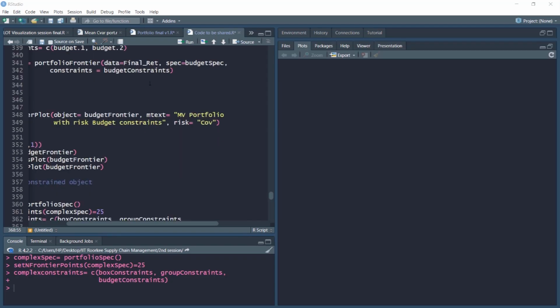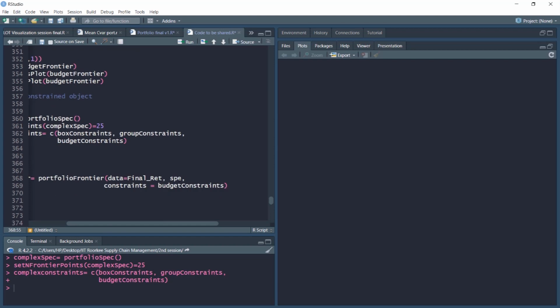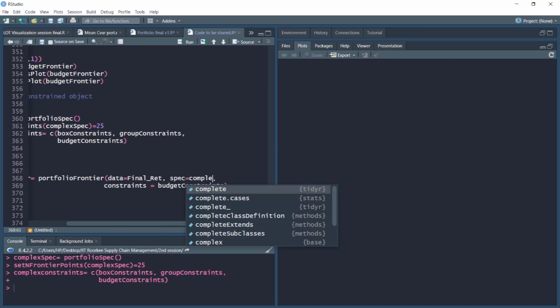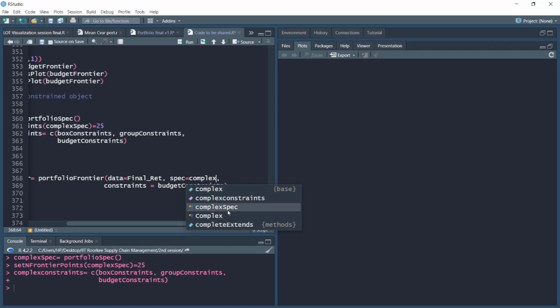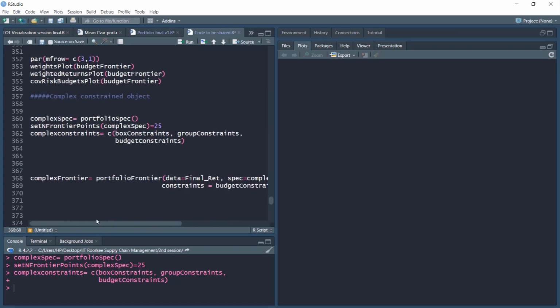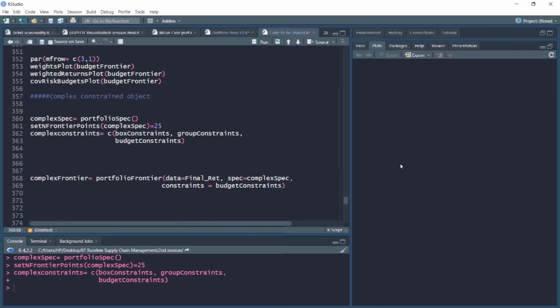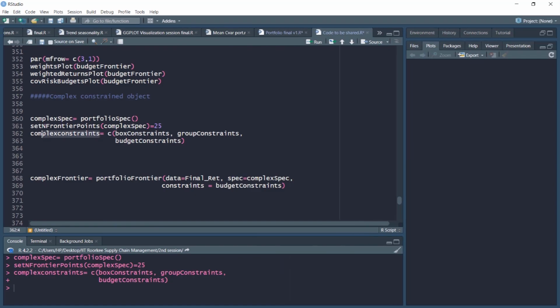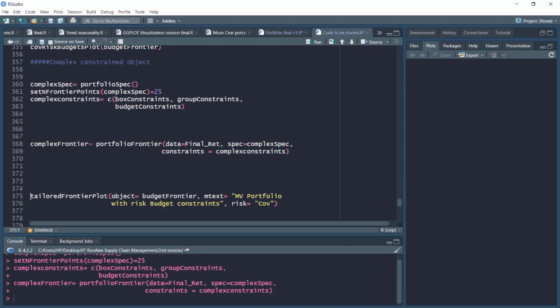We'll use our spec as complex spec object, and constraint as, let me enlarge the plot window a little bit, complex constraints object. So this will be our complex frontier, and now while plotting we'll use this complex frontier object to create the plot. We'll call it MB portfolio with complex constraints.